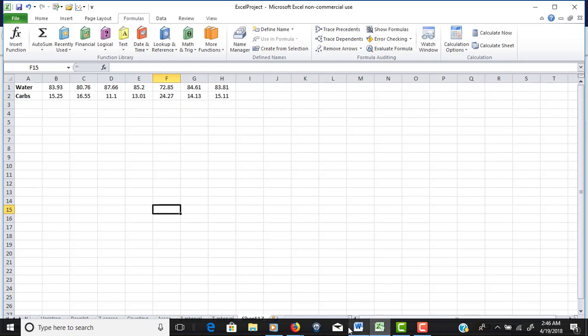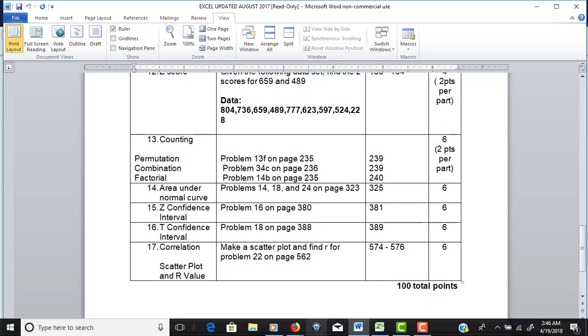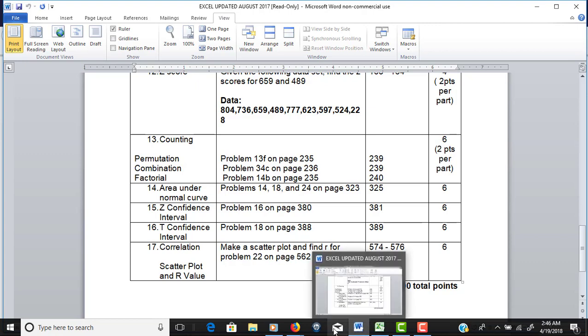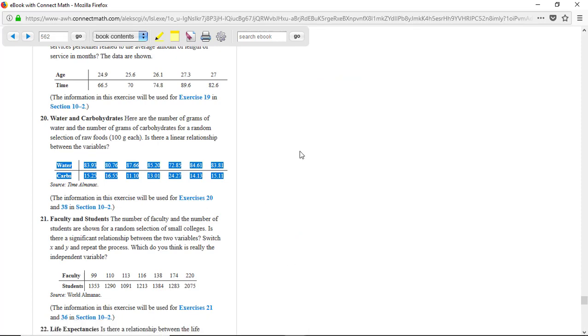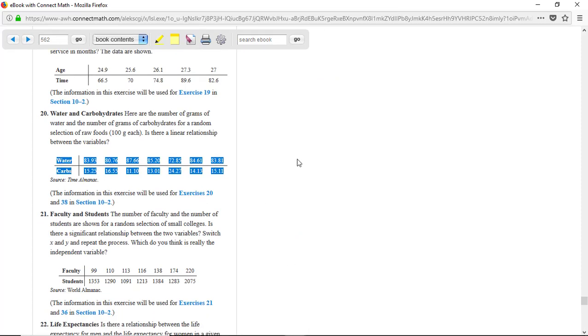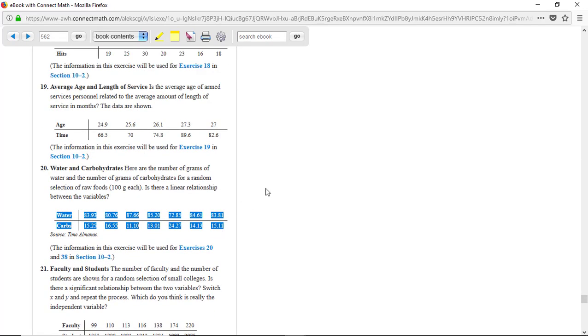The last part of the Excel project is to make a scatter plot and find R for problem number 22 on page 562. This deals with correlation and the scatter plot, which we'll be discussing next week in Math 120. And so, because you're asked to do the life expectancy problem, I'm going to do one very similar, which is